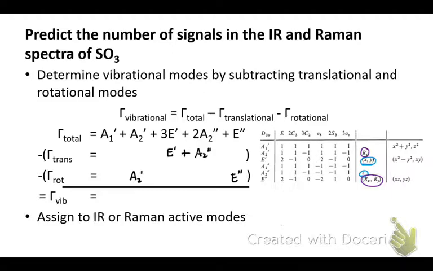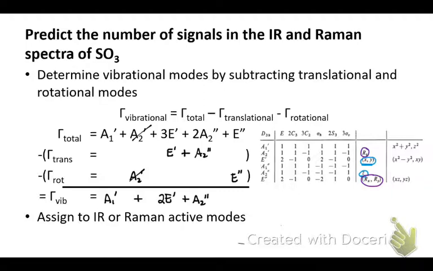Okay, so if we subtract it down, we see that our vibrational modes are an A1 prime. The A2 prime basically got subtracted out. We have 2 E primes left, because one of them was translation along x and y. And then we've got 1 A2 double prime, and then the E primes go away. So our sum of vibrational modes is an A1 prime, 2 E prime modes, and an